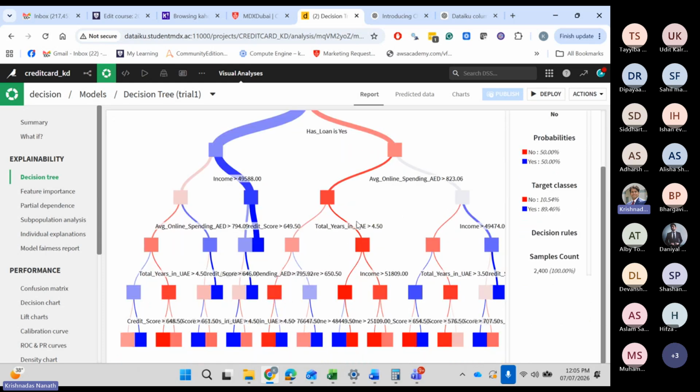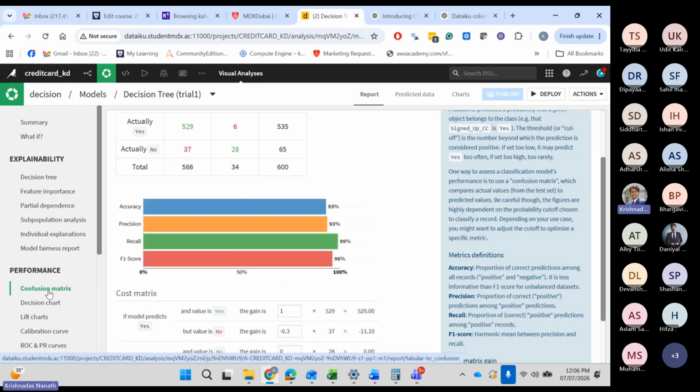And then finally, you get a prediction of a red or a blue. Blue stands for yes, red stands for no. The complete if else is already ready. I would also look at confusion matrix, very important parameter for me.